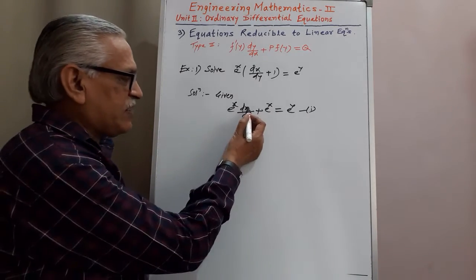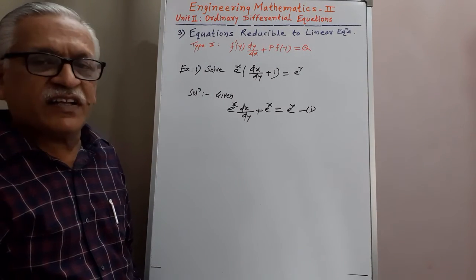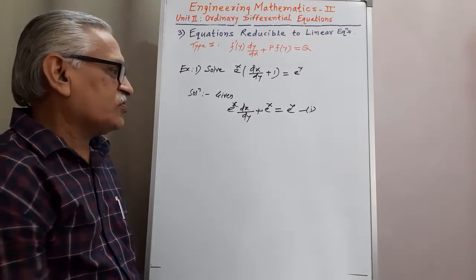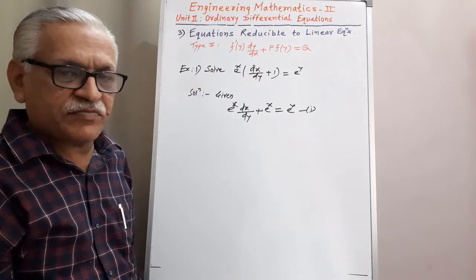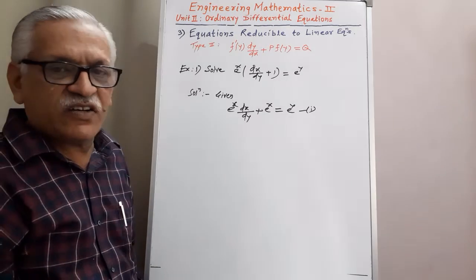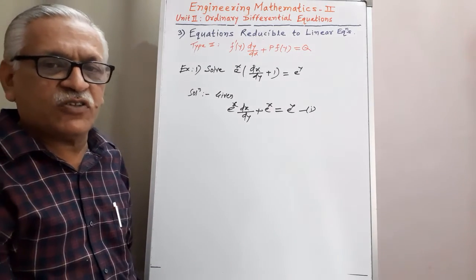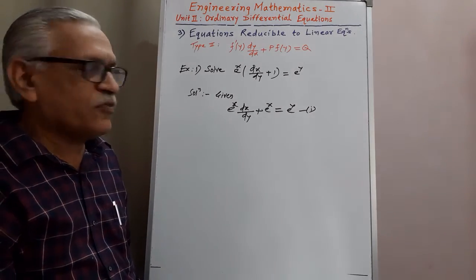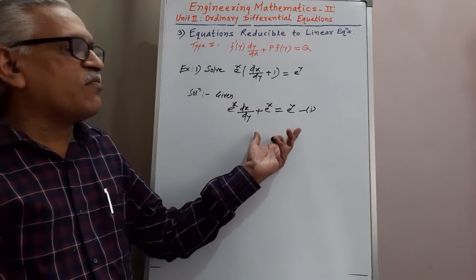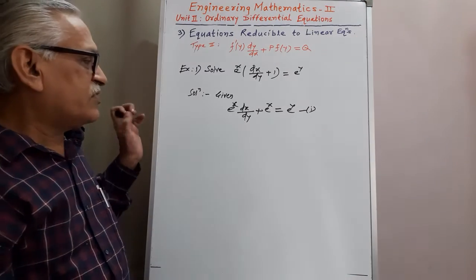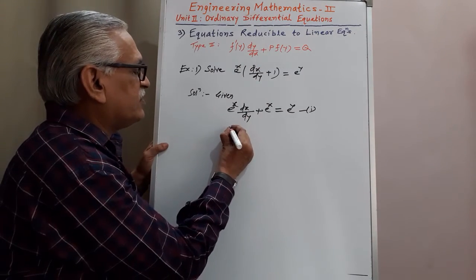Here x is the dependent variable, y is independent. Then we check whether it is linear in x or not. Due to this term of e raised to x, it is not linear in x. Then we check whether it is linear in y, but we have a term of e raised to y. That term is not linear, and therefore it is not linear in y also. It is also not in the form of Bernoulli's. Okay, means we have to think of some new form, and that new form is like this.